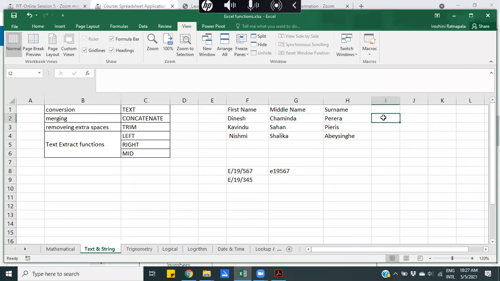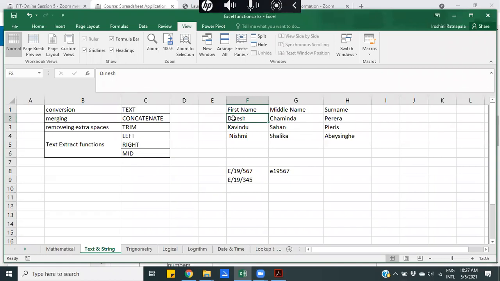what we need to do is add these three cells, and we continue to the rest of the cells in the same column, right? For that, we have to use the text and string functions in Excel.